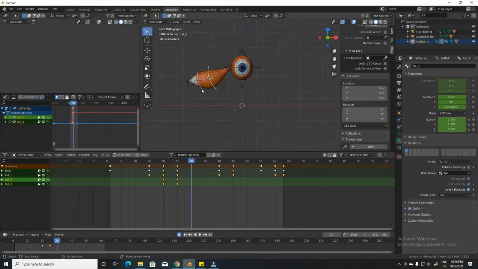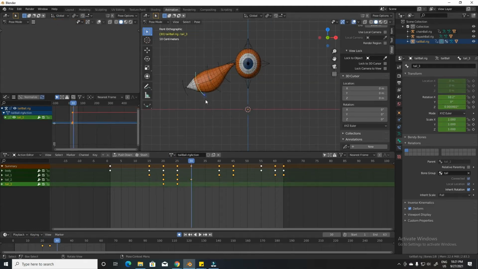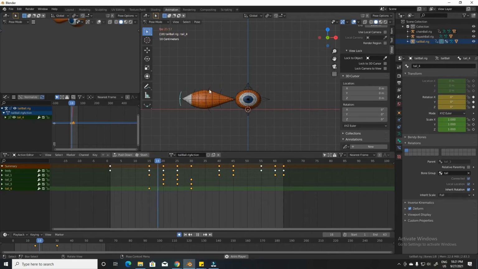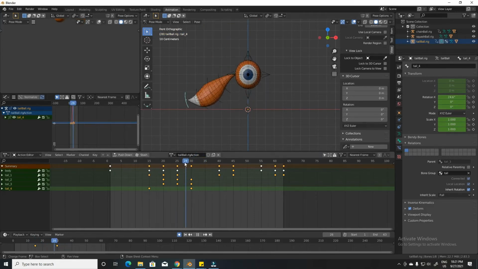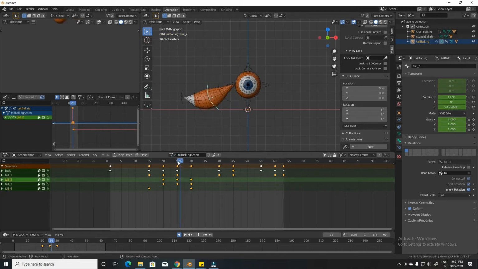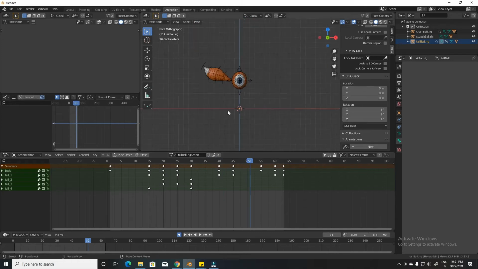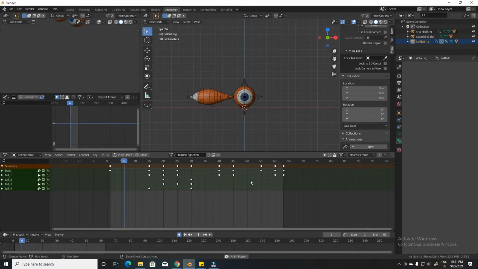At the highest part of the jump, the tail is still pointing downward. But when the ball tail is coming down, the tail will be pointing upward. It's like the basic body mechanics that we see when we throw something towards the sky.